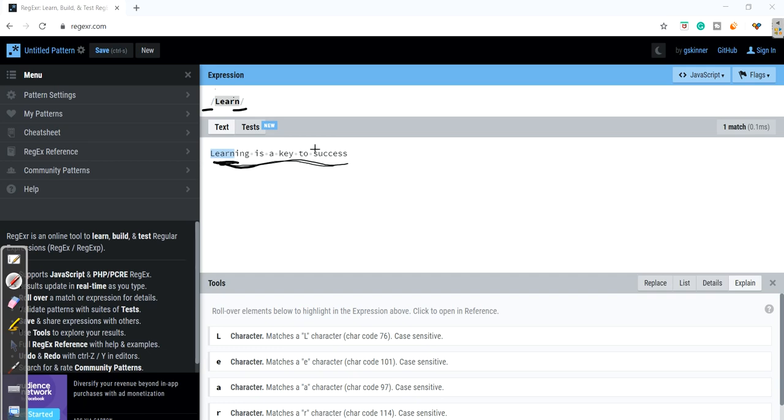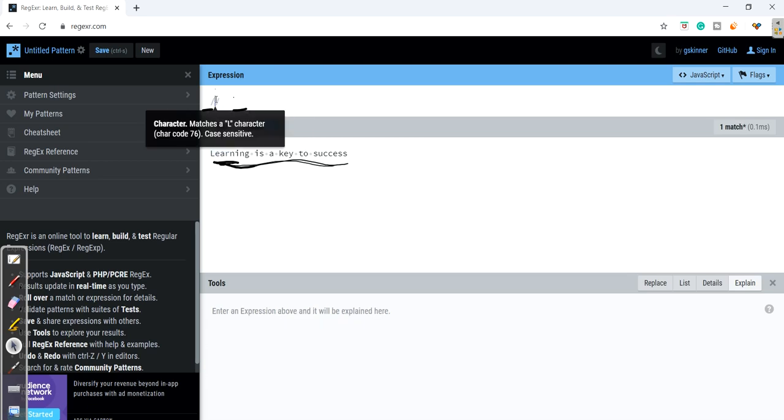If I select learn, it shows learn highlighted in my text body. And if I delete it, you can see that it still has the forward slashes around it and we can't get rid of them. They are just built in.